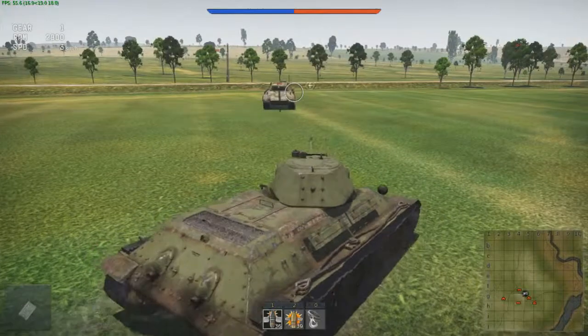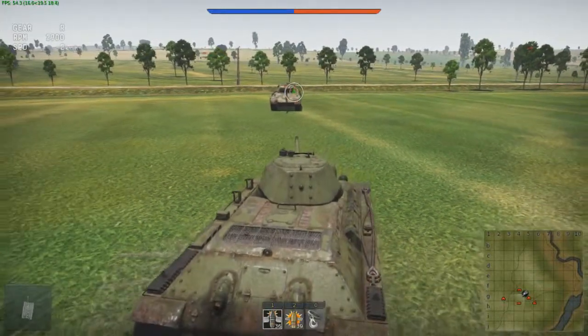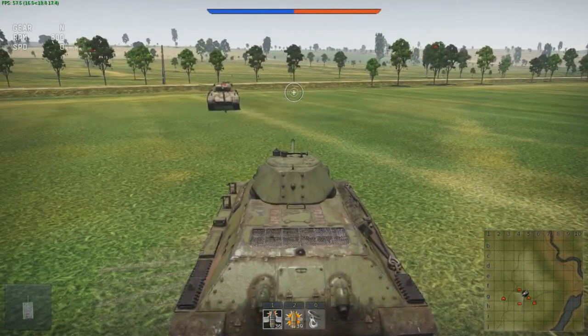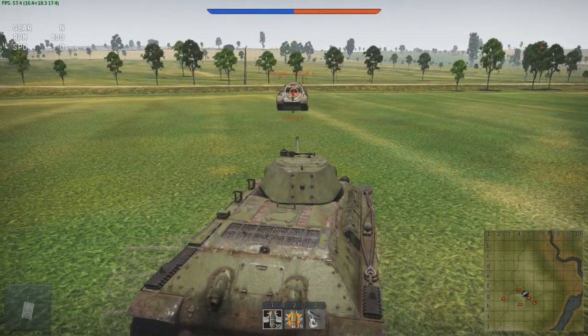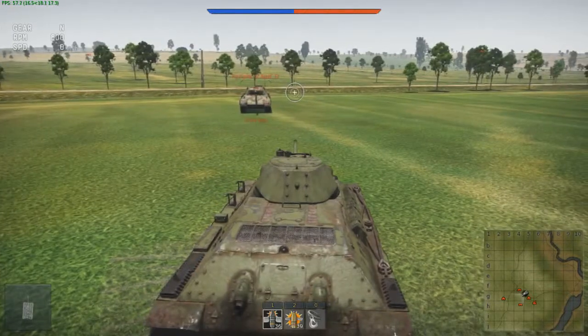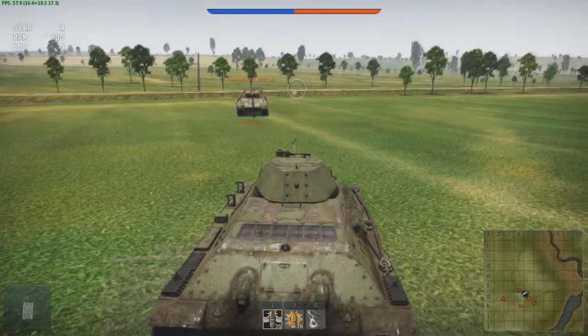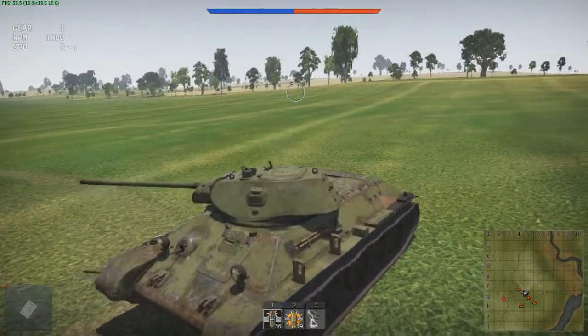Alright, so when you're engaging a Panther at this range, it's suicidal, obviously, because the gun that the Panther has has an immense amount of penetration. So at this range, you're likely not to ricochet, because this is within 10 meters. This tank right here is going to over-penetrate my angling, regardless. If I bounce anything, it's going to be luck. Now, if we back up...